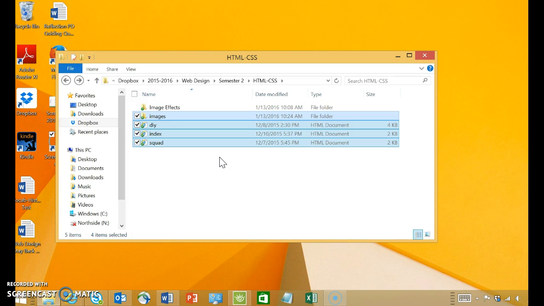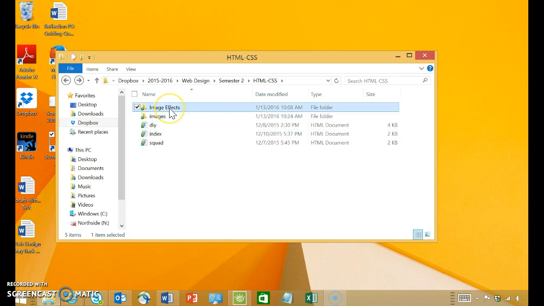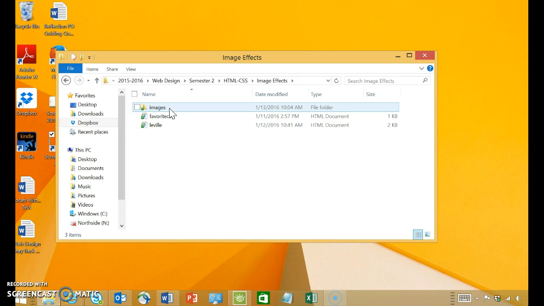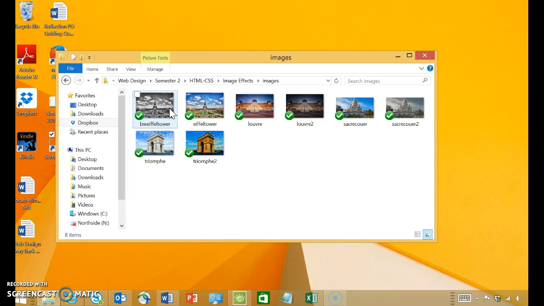Alright, and then what you're going to do is go to your image effects folder, which is what we've been using for practice, and you are going to select your images folder. You should have 8 images. Remember, you have 4 images and they each have a different effect, so that's a total of 8 images. You're going to select those 8 images,